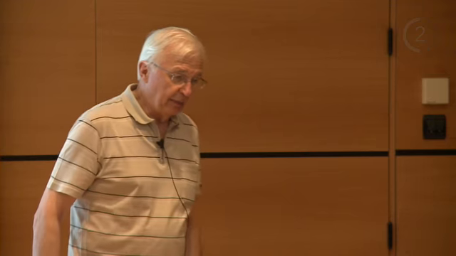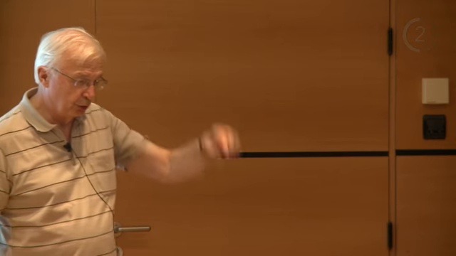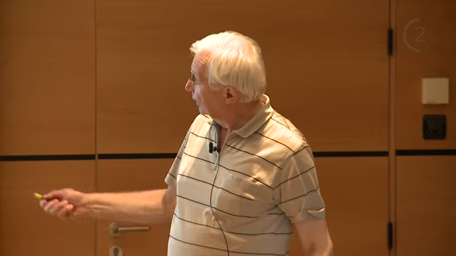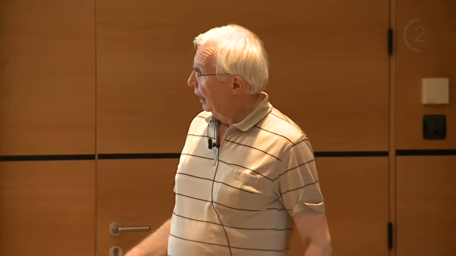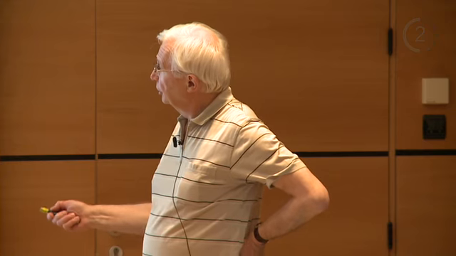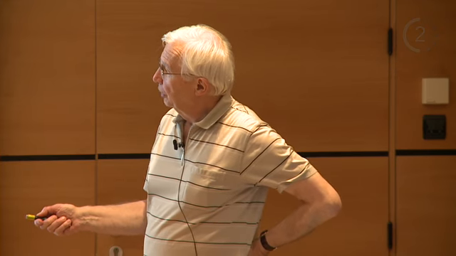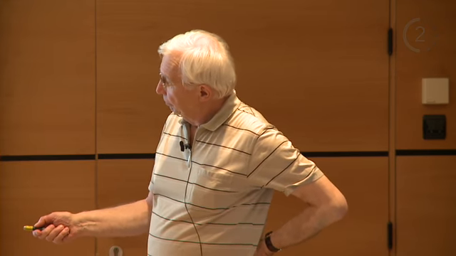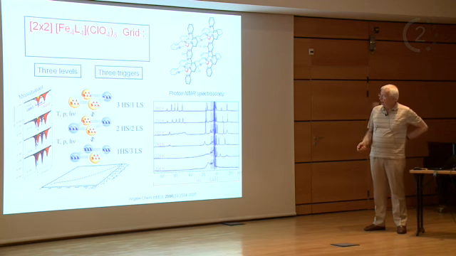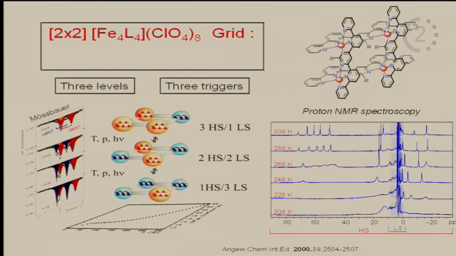Then because of this iron magnetism, Philipp Güttlich in Mainz is a great specialist of iron magnetism, so we collaborated on that. They analyzed that system in more detail, and they found that not only is this change temperature dependent, but you can also press on it, pressure dependent, and you can induce transitions, light transitions between the spin state. In fact, light transition is one of the things which have been discovered by Philipp Güttlich in